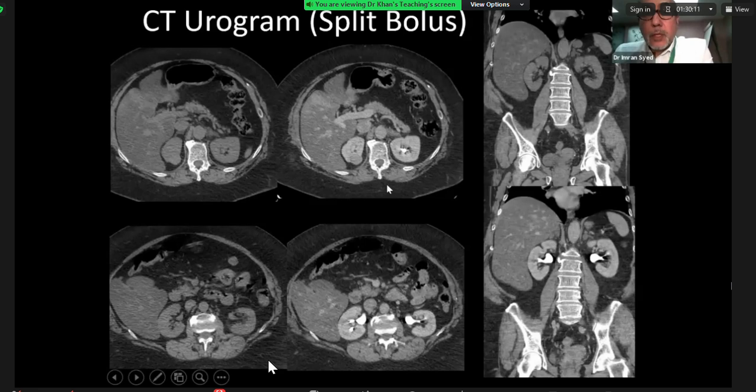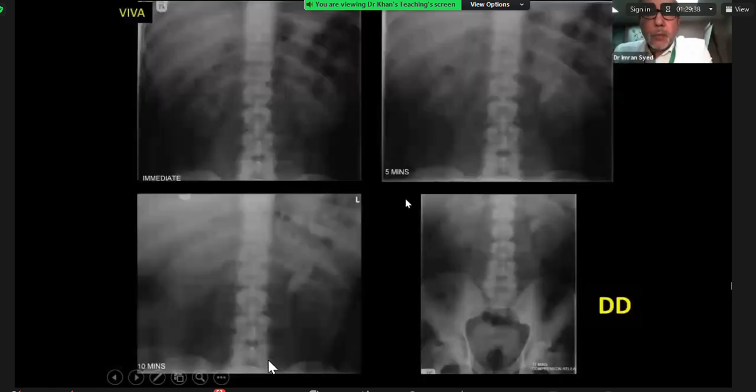So the advantage is that you expose the patient less. You get two phases in a single acquisition, and as you say, for instance, if you were to do a CT plain and a CT urogram, here we've got a CT urographic phase. Just prior to the urogram being done, 70 seconds before, we give a bolus of contrast again. You can see the portal vein opacified, so you've got both the excretory phase as well as a venous phase of opacifying the kidney. So it's particularly useful for trauma and younger patients where the exposure is important. Now,